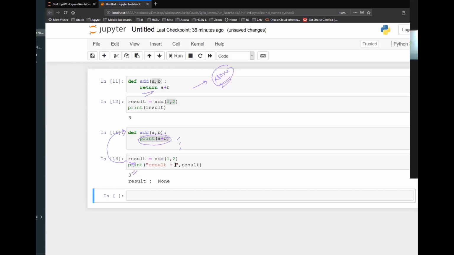So if you see, this 3 is coming from print a plus b. This statement is giving me 3, but the return is None. I'm not returning anything, but by default it is returning None for me. None is something like not defined, you can think of it as of now. It is returning some None value for you, right?